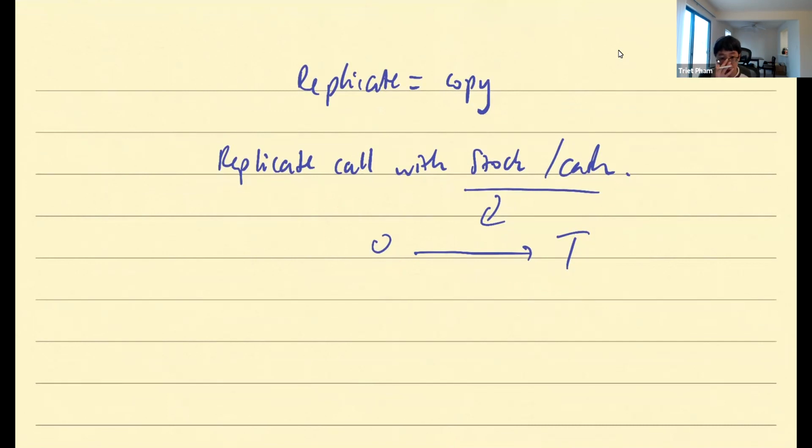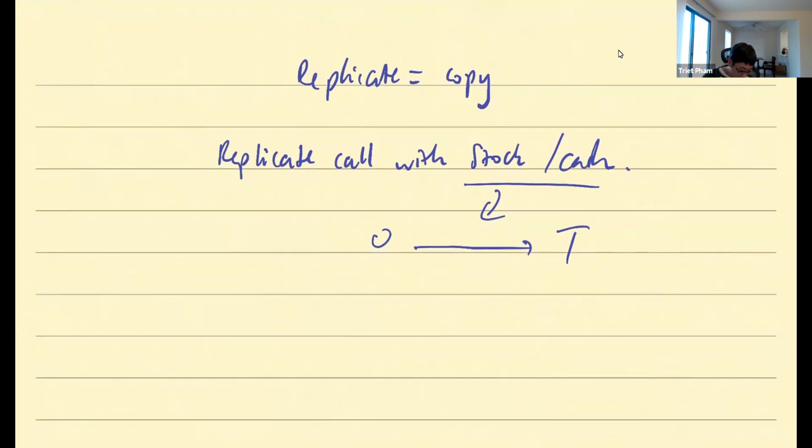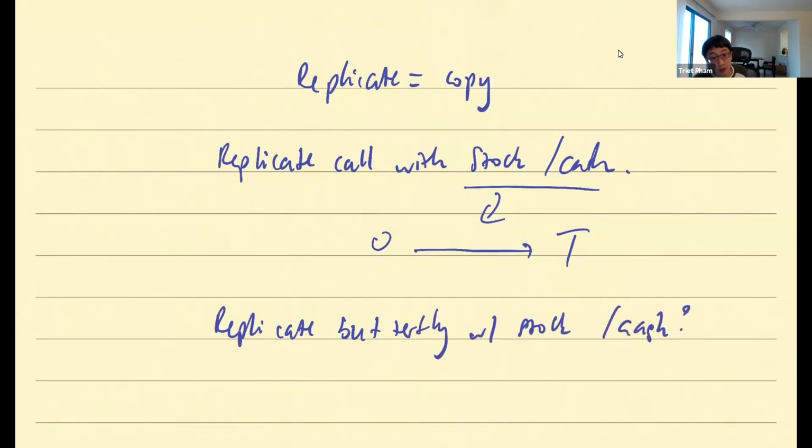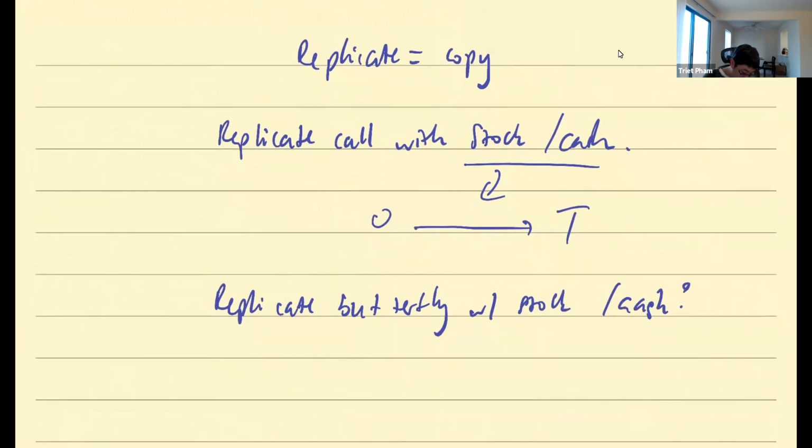So that's why I was telling Dawn that stock is not supposed to be in here, even though she used it, it's fine. The spirit of this problem is not that directly, meaning I'm not asking you to replicate the butterfly with stock and cash. I'm asking you to replicate the butterfly with calls and or puts, but it turns out you only need calls.